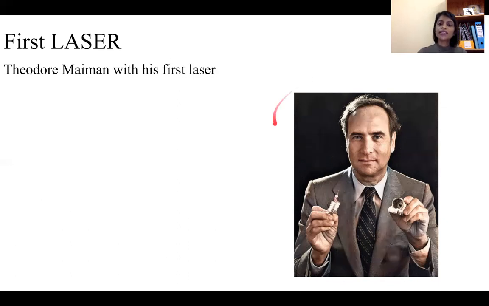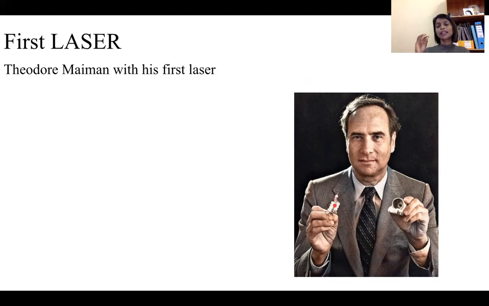You can see here, he has this helical-shaped tube, and in the middle of this helical tube is his ruby crystal. It's a solid ruby crystal, like a cylinder. It is inside, covered by a helical tube, and this tube